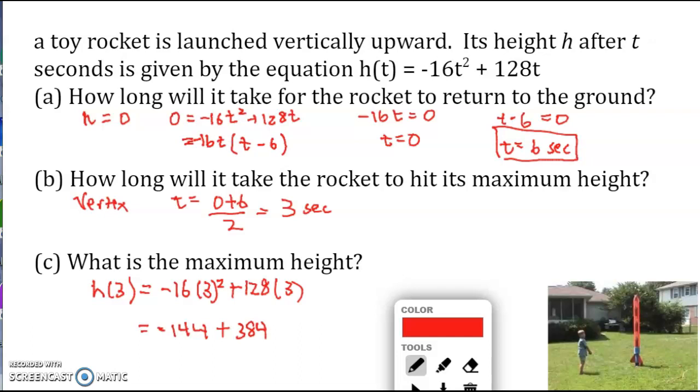Notice that we have a negative sign here. Do not lose those. So 384 minus 144 is going to be 240. Okay, it did not tell me what the height is measured in. If it was measured in meters, or feet or whatever you